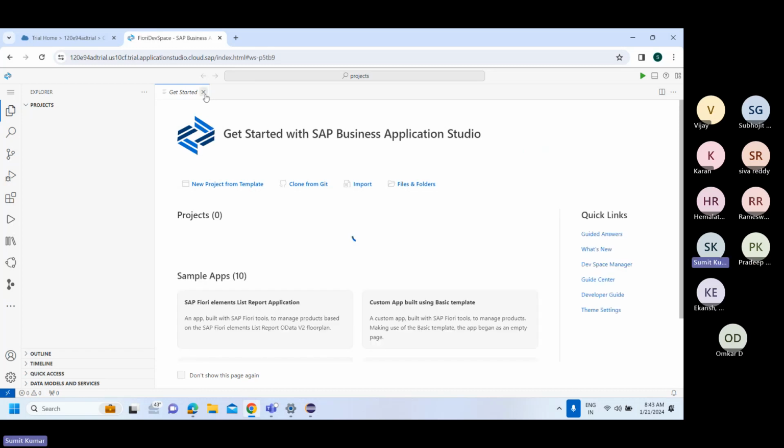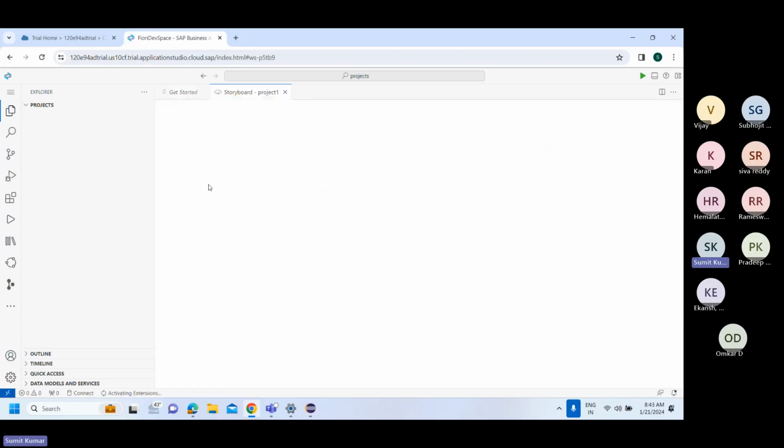Okay, so we have different ways with the help of which you can create a Fiori project. Anyway, many of you would be working as a full stack developer, so you would already know that. You can say either new project from template, or maybe I'll just simply say,